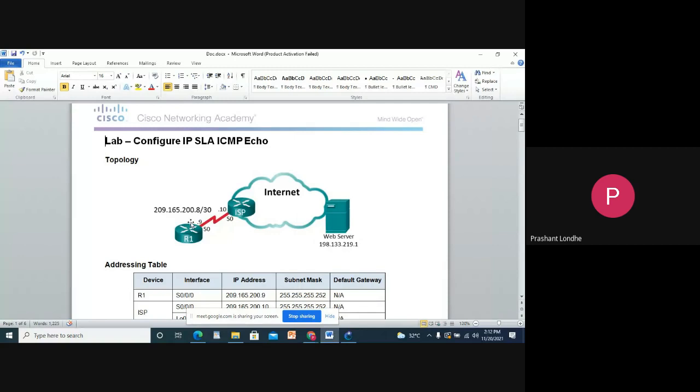So it is a user, and I want to set up IP service level agreements here. This router should be connected to your web server, and this router will be connected to your ISP. So R1 will have one connection with the ISP, and the ISP router will have two connections, one with R1 and another with the web server.